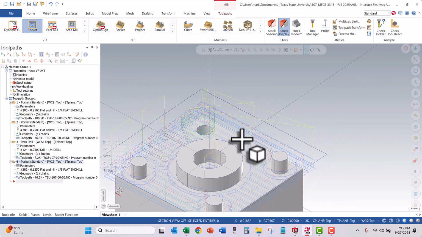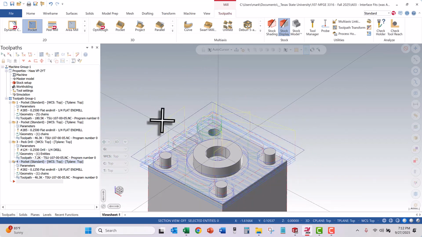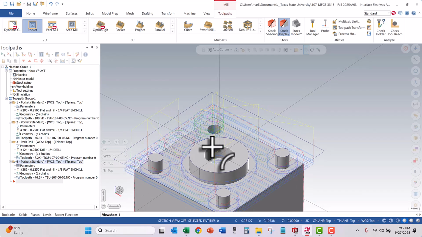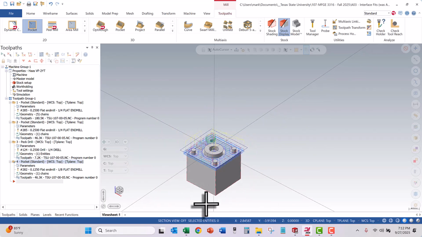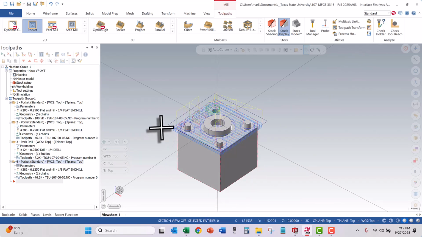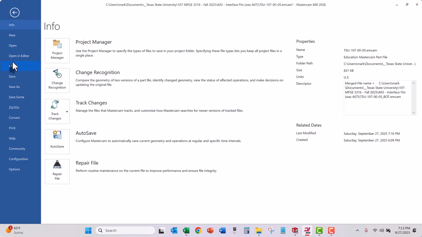All right, and you can see it's got different color codings for the different operations. The yellow must be the coming down to the feed plane. The blue is actually cutting material. And so these color codes are convenient when you get a complicated tool path. You can kind of keep track of which line is which. So I'm going to save this real quick and do one last